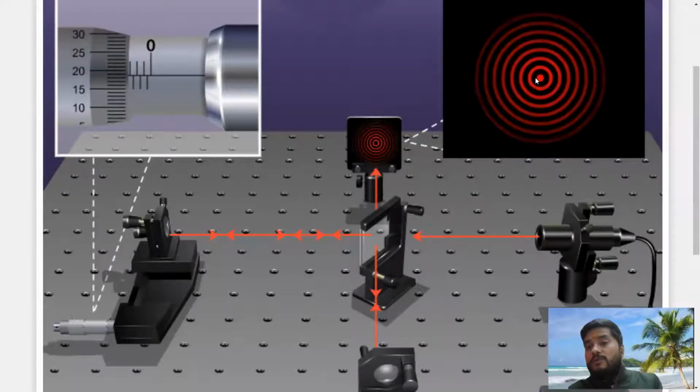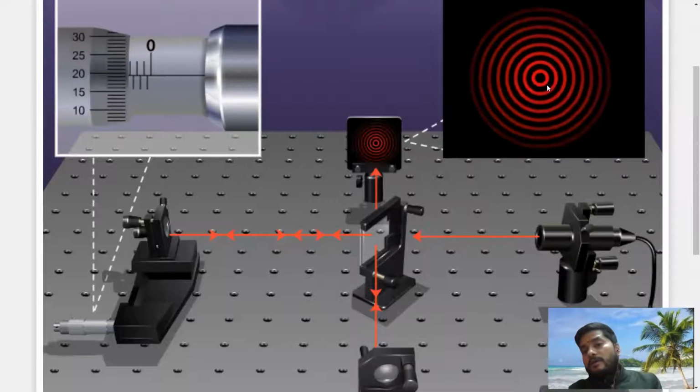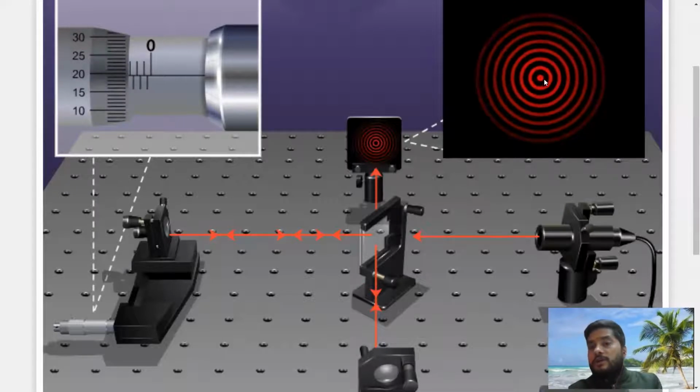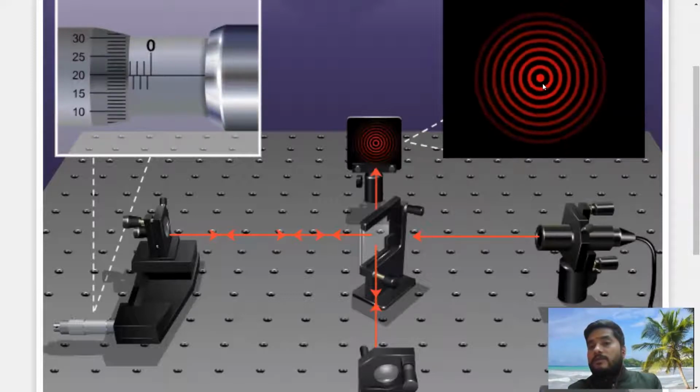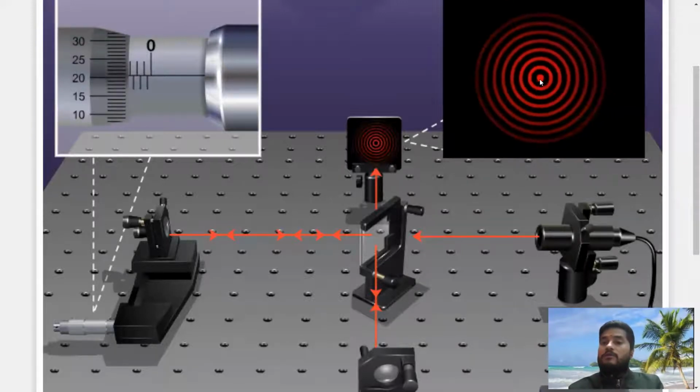This is 4, a perfectly bright fringe. This is not okay; we must look carefully at the screen. 5. Yes, this is the perfect bright fringe at the center, and you can only count such kind of